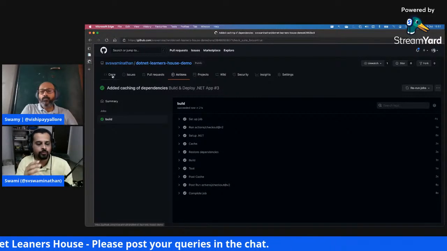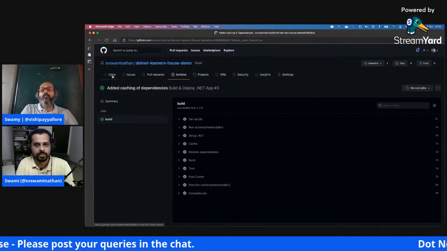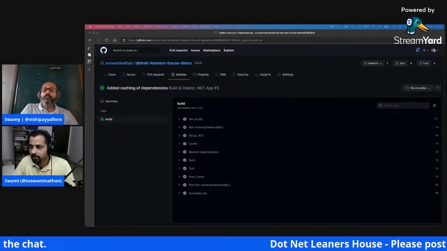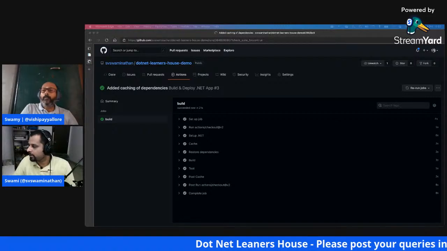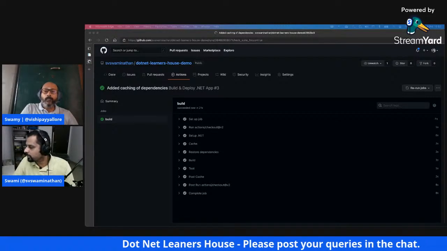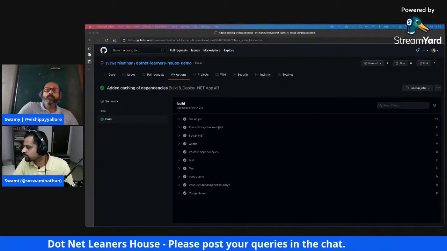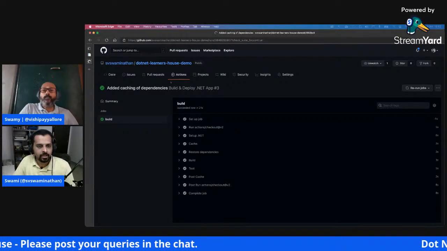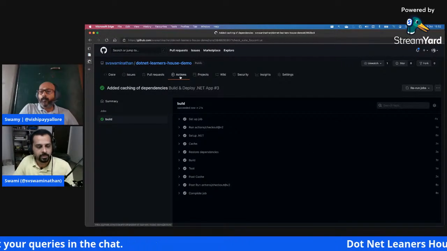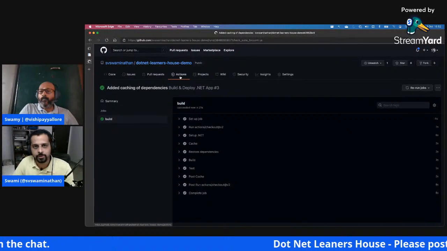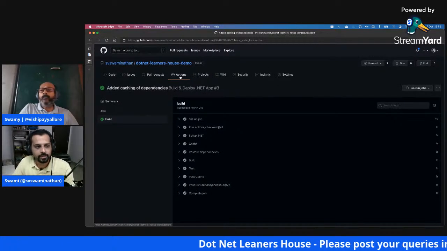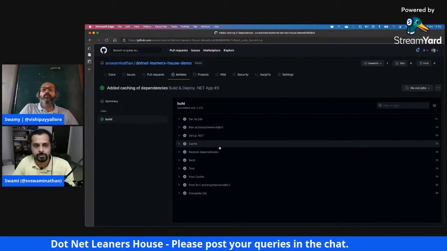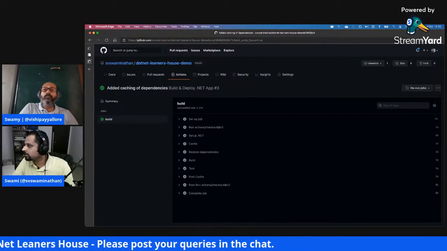Okay, so far what we've done is the CI part, which is continuous integration. As and when we commit anything into the master branch, we can see that the code is getting built, right? Okay, there is a question: do the jobs within a workflow execute in parallel? Yes, it does execute in parallel. That is what I just showed as part of the matrix as well. And even if you are setting up a separate one, it will execute in parallel by default. If you want to make it sequential, we need to handle them separately, which is what we're going to do now as part of our deployment, right?